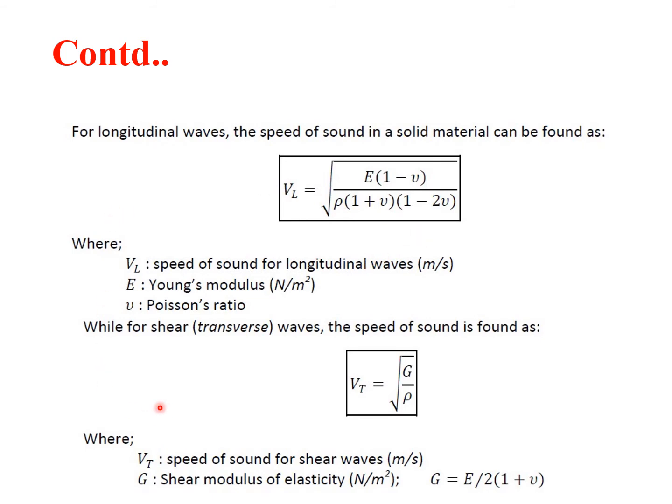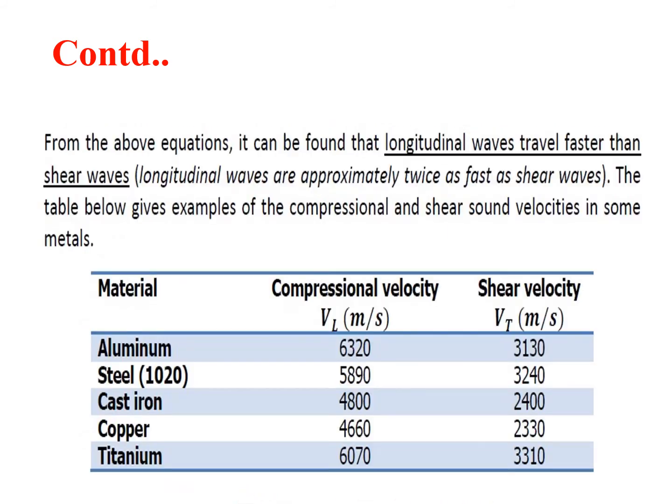Now, there is another velocity known as the transverse velocity or shear velocity. So the velocity of sound has two directions, one along the longitude and the other in the transverse direction. One is known as the longitudinal velocity and the other as the shear velocity. The shear velocity of sound is given as Vt is equal to square root of G by rho, where G is the shear modulus of elasticity and rho is the density of the material. The relationship between shear modulus and elastic modulus is also given here. This is there in your basic mechanics of solids.